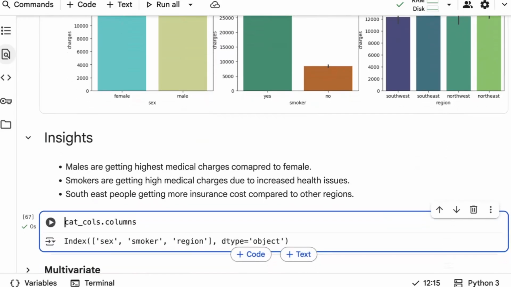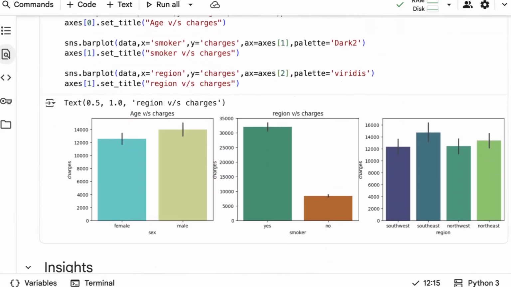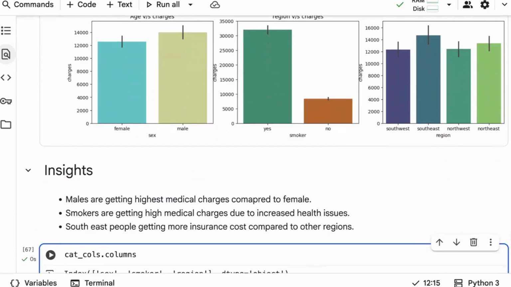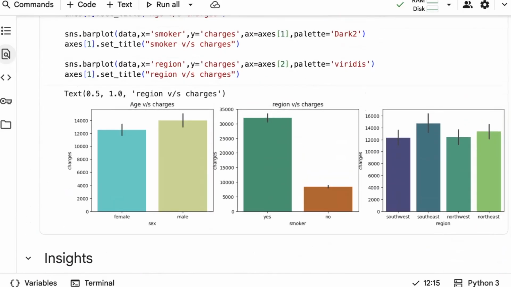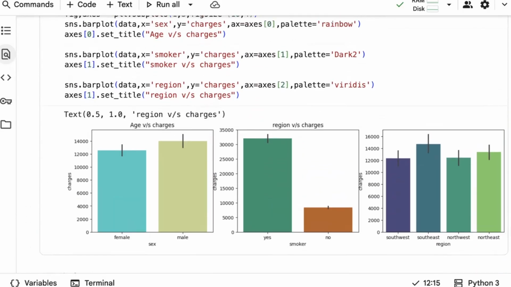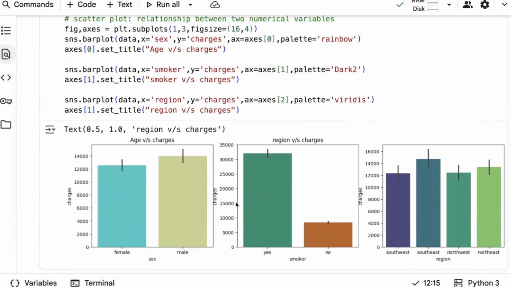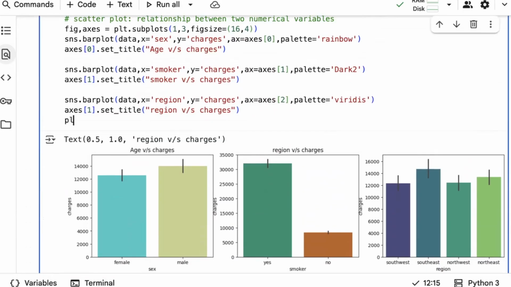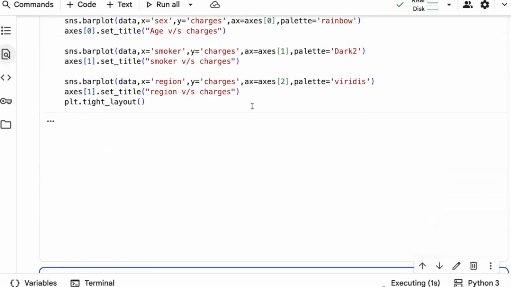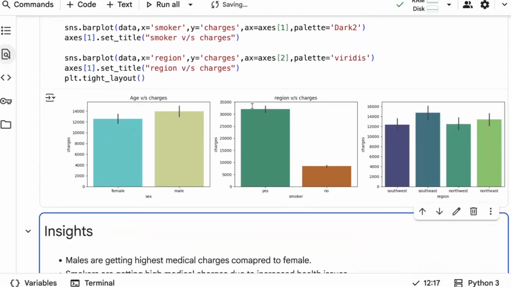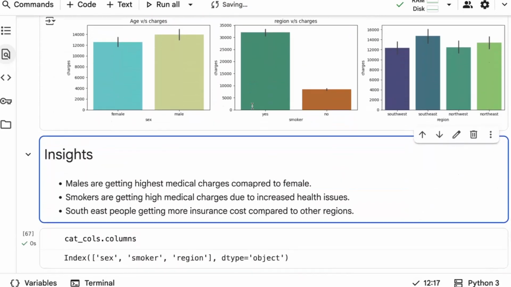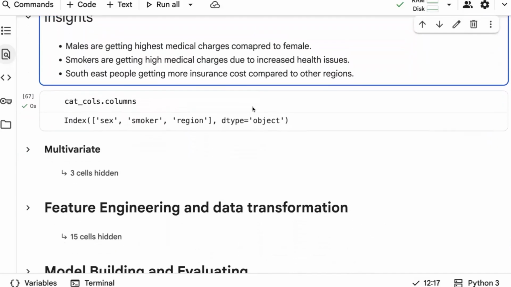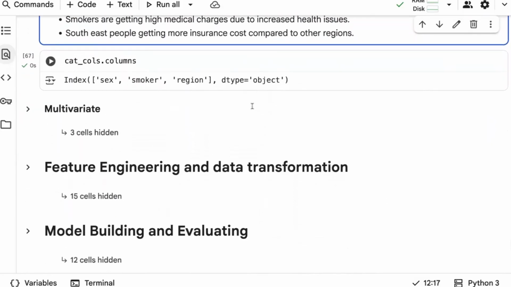So these are the different insights related to bivariate analysis. I plotted a scatter plot and a bar plot. You people can try even a clustered one. So here you can see it's overlapping now. I forgot to give a plt.tight_layout. So just give this plt.tight_layout so that you don't see much overlapping. Yes, see like this. No overlapping now. It's better. So this is all about bivariate analysis wherein we analyze two different variables.